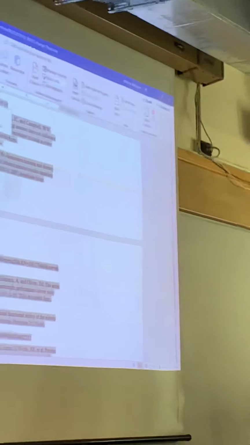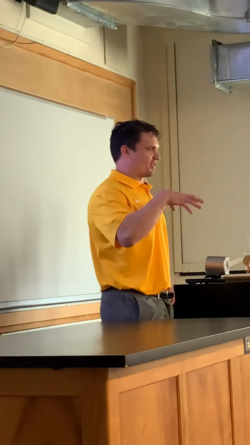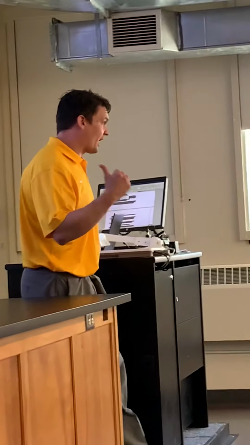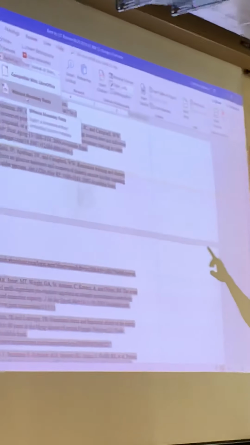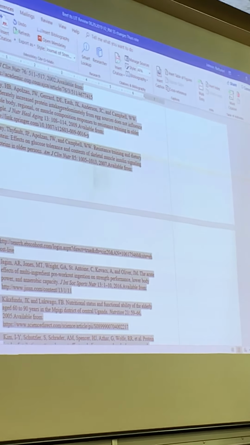You can export. So you can export this whole document without the Mendeley fields, which is kind of nice because in a lot of ways, if you're exporting without the Mendeley fields, people who don't have the software, it might not show up on their computer or it might not work on their computer. So when you save to probably submit online, you want to use this export as and without Mendeley fields. That will keep everything the same, but what they mean by Mendeley fields is if I click on this guy,